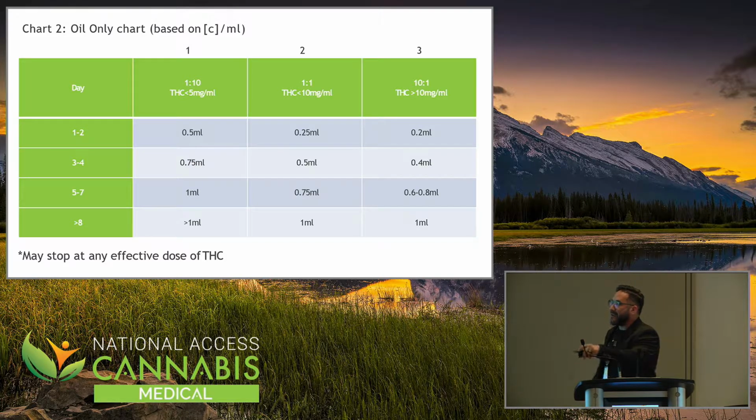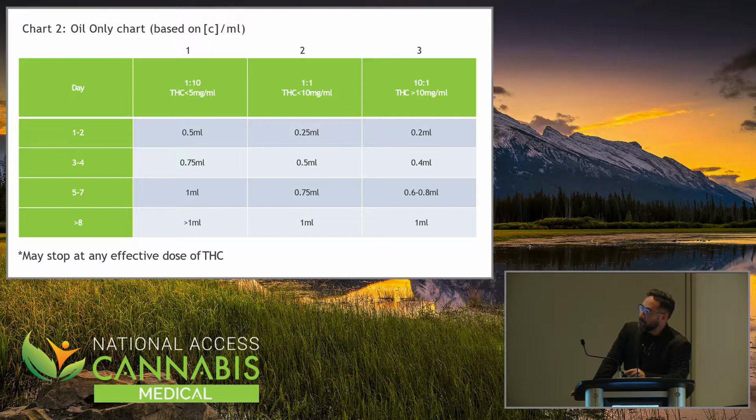Okay, so we have day again, and then we have, does the strain contain less than 5 milligrams of THC, less than 10 milligrams of THC, or greater than 10 milligrams of THC. It simplifies it into 3 simple methods. Clearly, if this one's less than 5 milligrams, it's going to have a high CBD. The people that don't want any THC usually want a high CBD. You can start them on this method, or over here, people that want more of a balance, or are using a balanced THC because maybe there's something that they need the THC for, but they also want the CBD. And then clearly the people that are using higher THC are over here.